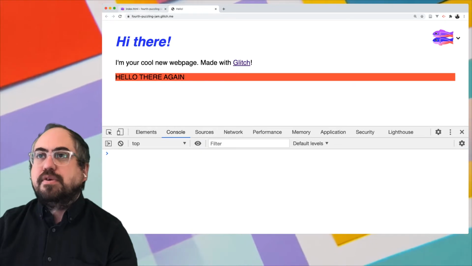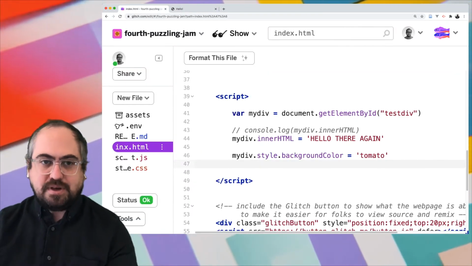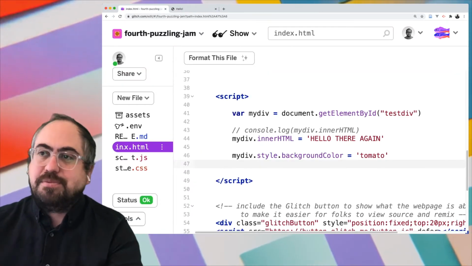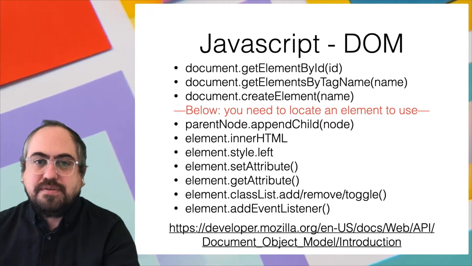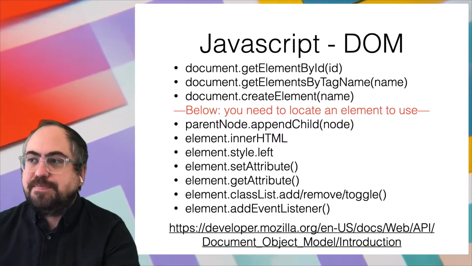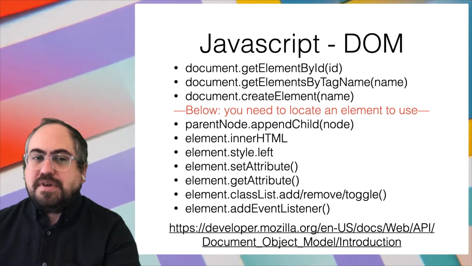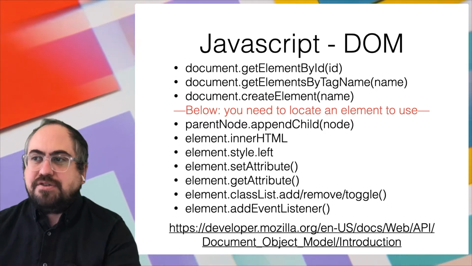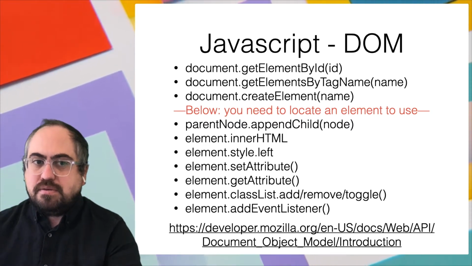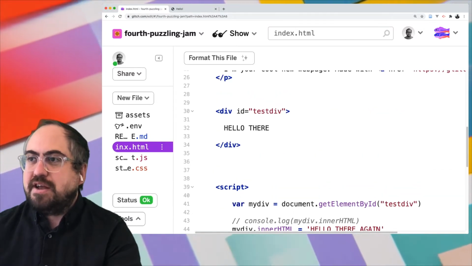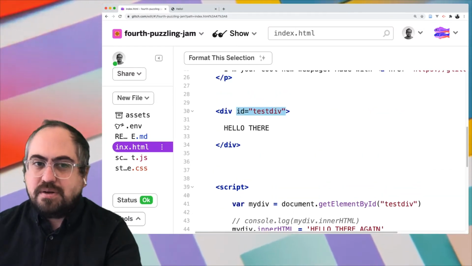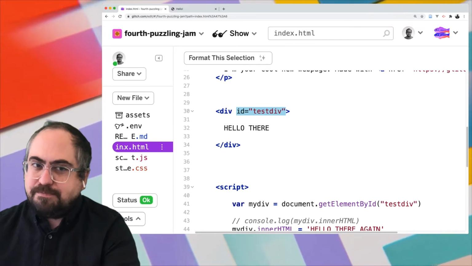All right, so that is how you can change the inline style attribute, right? The next thing on our list was set attribute and get attribute, right? And so set attribute and get attribute changes the attributes of the element itself. So in this case, we don't have a lot of attributes defined on this div right now. We only have